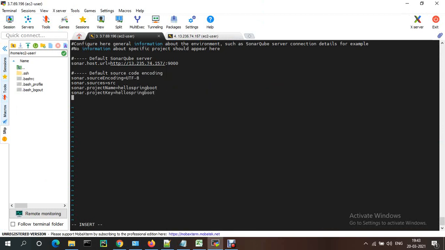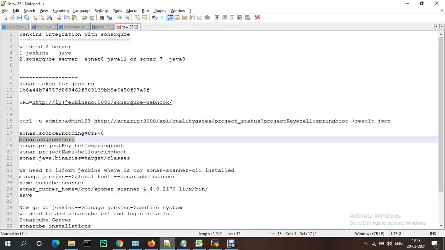if you remember, we gave one more thing like sonar dot target classes. Okay, target equal to, just we gave classes, right? If you remember, sonar Java binaries.